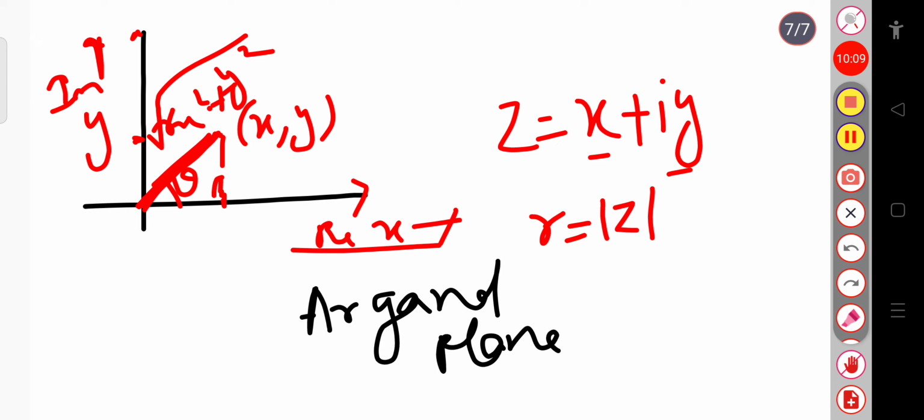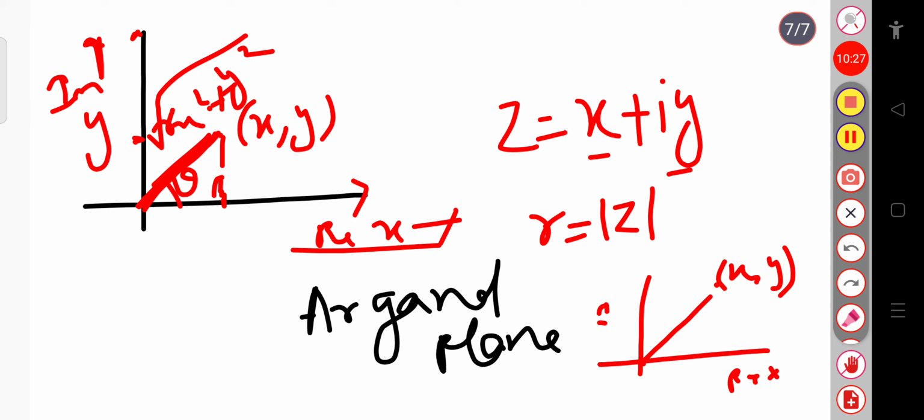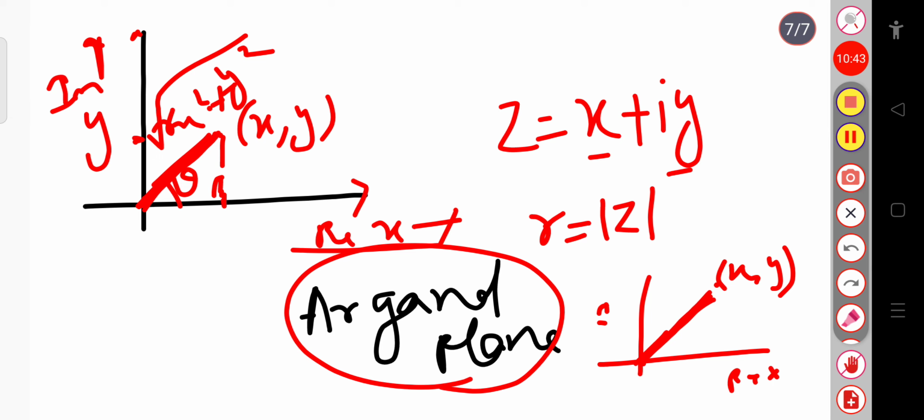For today, just in a simple way I can say that while representing a complex number in the real axis x and the imaginary axis y, we have to simply draw this point or draw this line from the origin, as in case of the Cartesian coordinate system, that is the position vector, it is in the same way. This is known as the Argand plane representation, the complex number representation in the Argand plane.